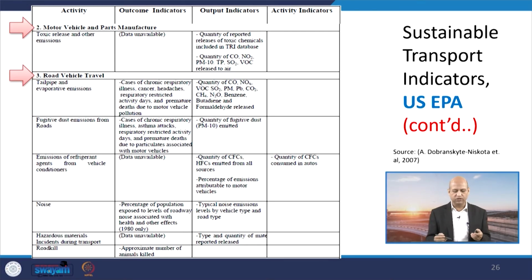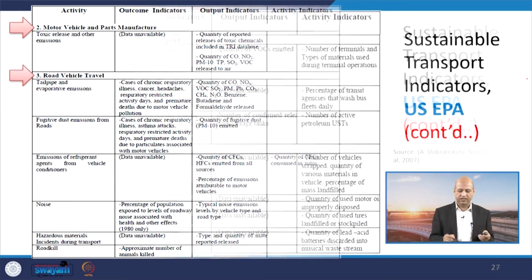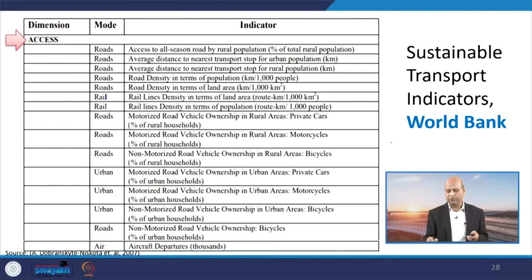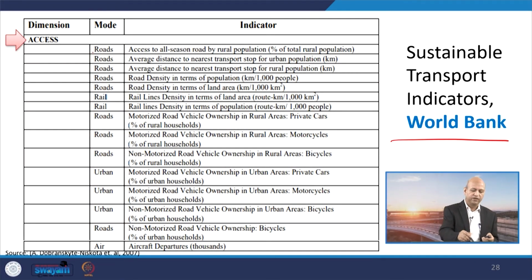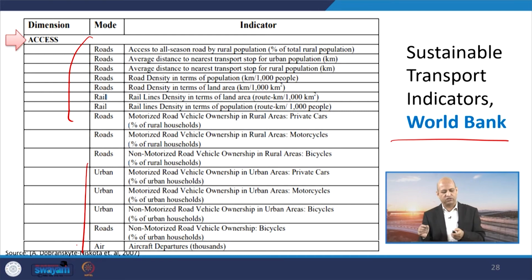So, I can quickly pass through them, like this is related to US EPA, then we can come to this World Bank related sustainable transport indicators. So, they focus more on roads, then urban related like how much ownership in the urban areas are there, private cars or public transportation systems, something like that. So, in fact, more or less all things are catered by every agency, but in different fashion.